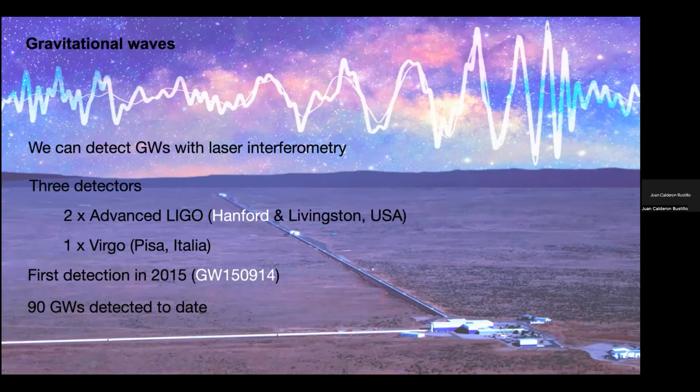The first detection of gravitational waves happened in 2015. So this super famous event called GW150914. For those that haven't noticed yet: year, month, day. And as of now, depending on whether you believe all of the gravitational wave events we report are real signals, we stand at around 90 gravitational waves observed since then, which is not a bad pace.